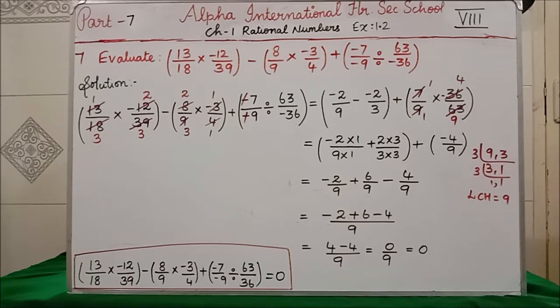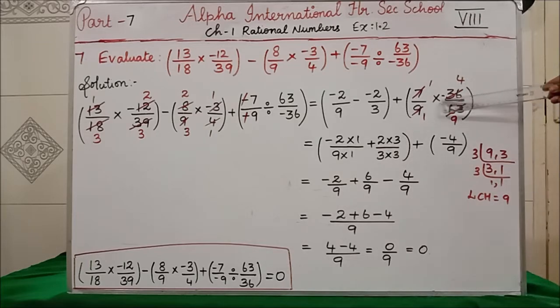Clear, all of you? Plus next. Now what is the step we did? We did the reciprocal. Now you see in between you are having a multiply symbol, so you have to see if anything is cancelling in the opposite. Now if you see the 7 table, how many times will 7 come? 1 time. Similarly, 63 in the 7 table, how many times will it come? 9 times. Similarly next, 9 and 36 will go in the same table, the 9 table. In the 9 table, 9 is 1 time, 36 is 4 times.